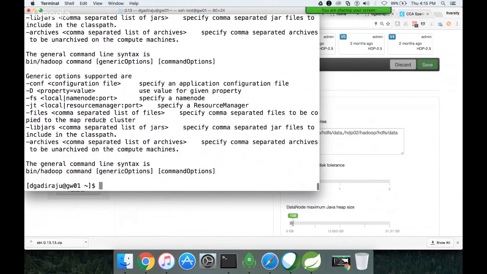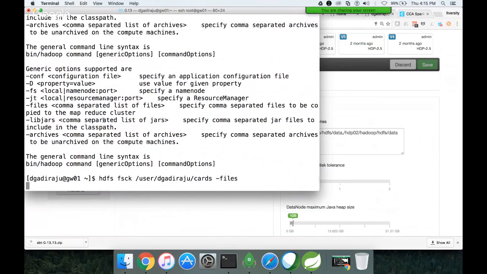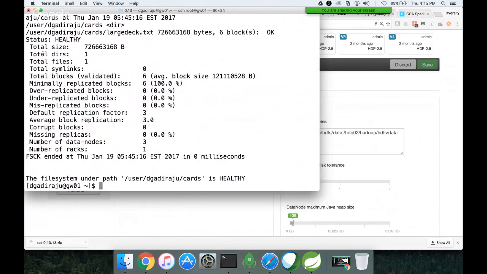Okay, so HDFS FSCK, the path is /user/dgadiraju/parts, and if I just give -files, it will list all the files that are stored in that location. There is only one file, and this is the information about that file. It is 720 MB, and it is divided into 6 blocks. It didn't give any details about the blocks and locations. If I want to get the block IDs and locations, I can use -blocks and -locations